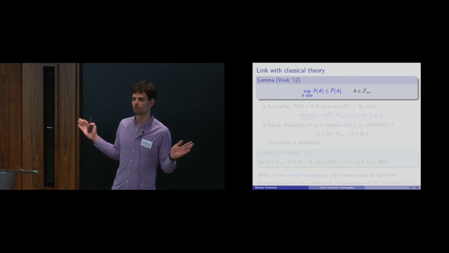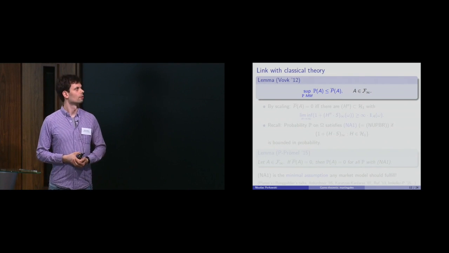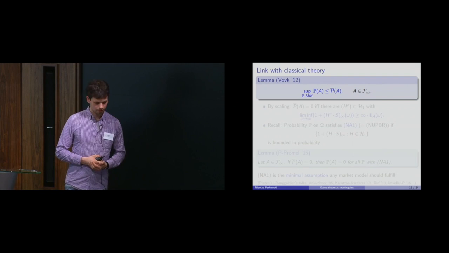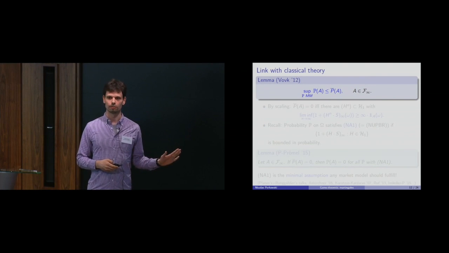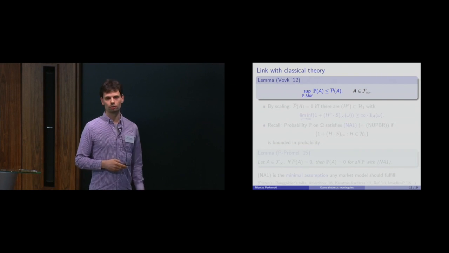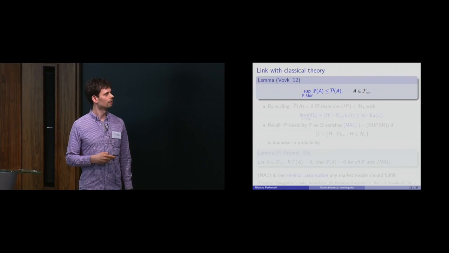So some object that you can define. Let's see if it's useful. And the first observation, which is due to Wolf, is that the outer measure was defined for any subset of my continuous path. Now I want to compare it with probability measures, so the set better be measurable. So let's take a measurable set.